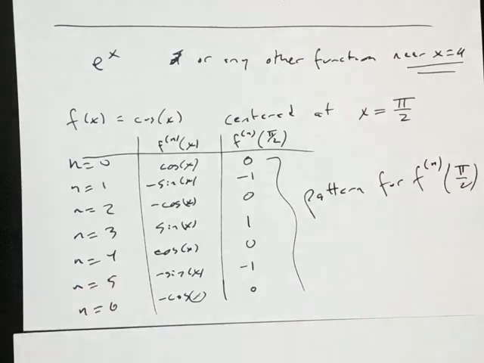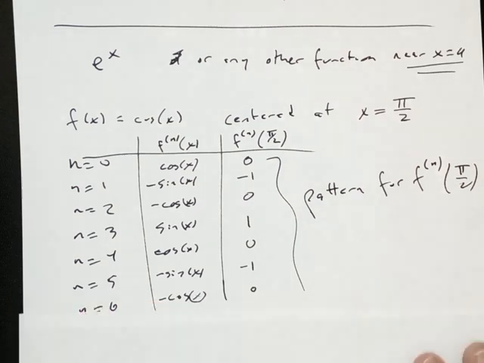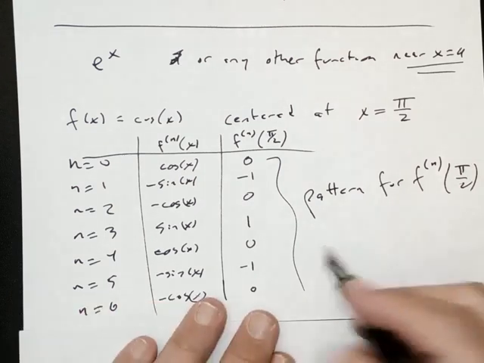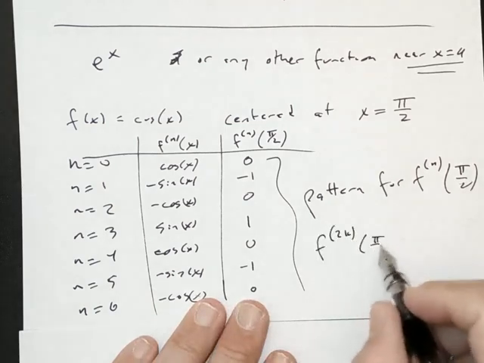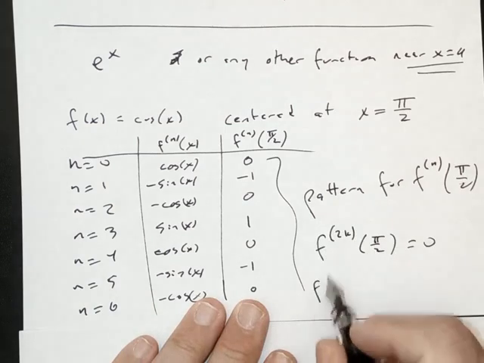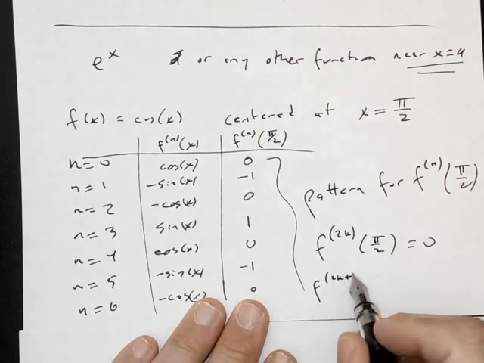And if I want to find that pattern, I need to start thinking about that even and odd routine again. About the 2k plus 1 and the 2k. But this time, all of our even ones are 0. And all of the odd ones